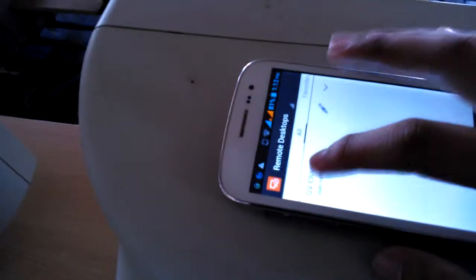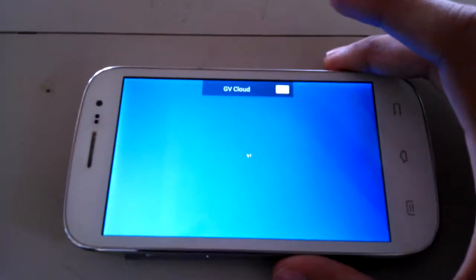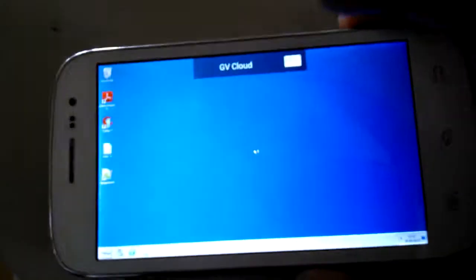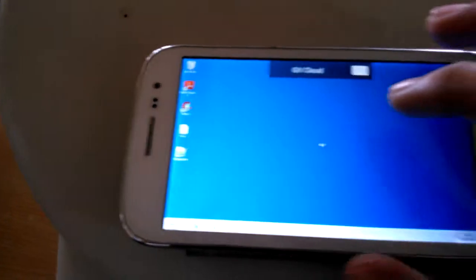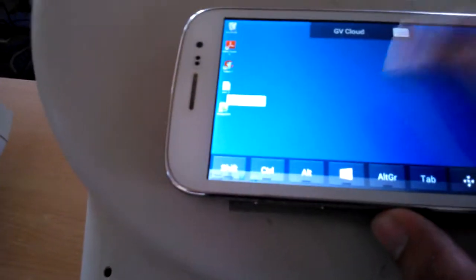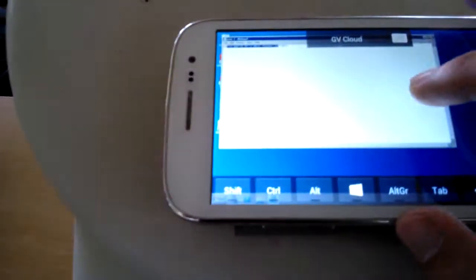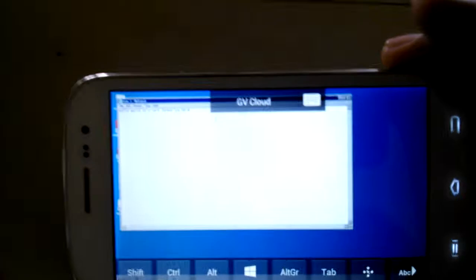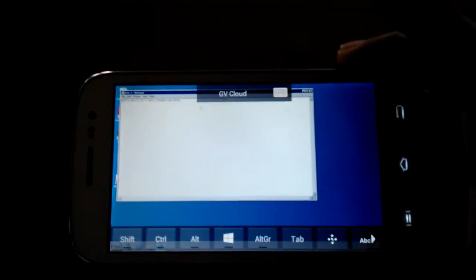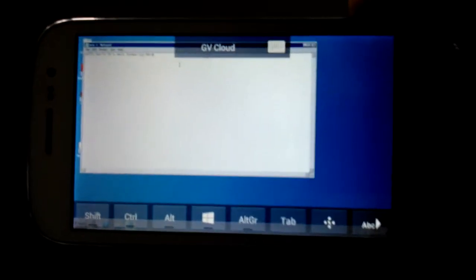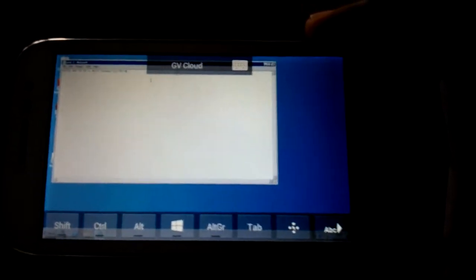Okay, now I've also got the cloud connected to my phone here. As you can see, it's also got an interface of its own. This is actually the third user we opened. Let's open a notepad file here, and you can see I can use the cloud's interface here too. You just need an RDP client of any sort. What I'm using here is an official app by Microsoft for remote desktop.